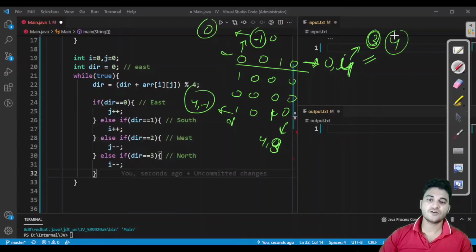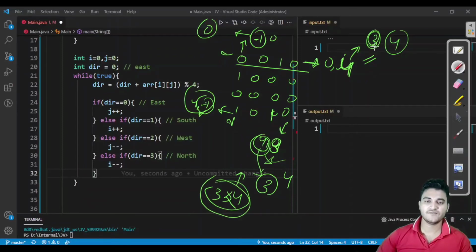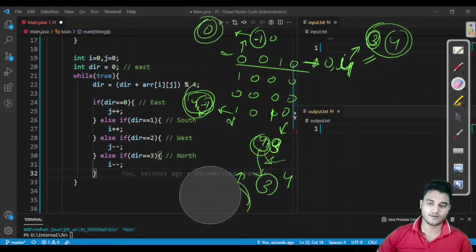Either this condition is true, or your column is less than 0 or exceeds the column size, or your row exceeds the row size. Here you can see your row exceeds the row size. Row size was 4 and you have already reached 4; in index terms it was 3, so 3 is less than 4. So you have to break from here. If you find any one of these conditions, then you have to break your loop.